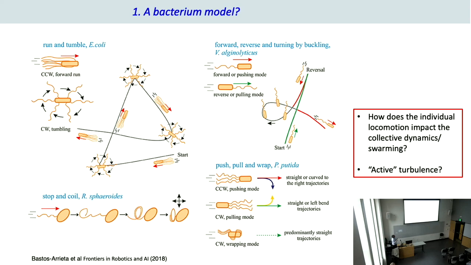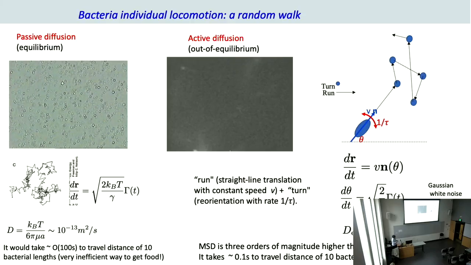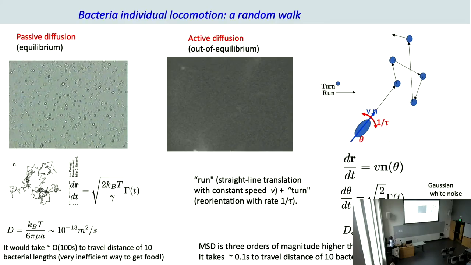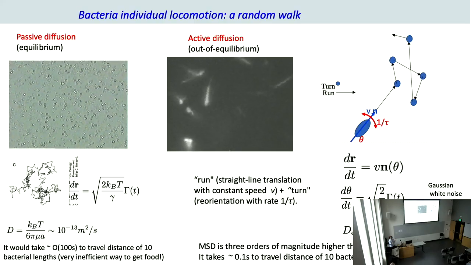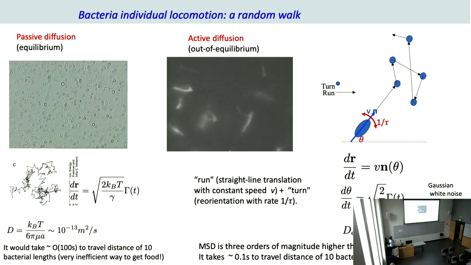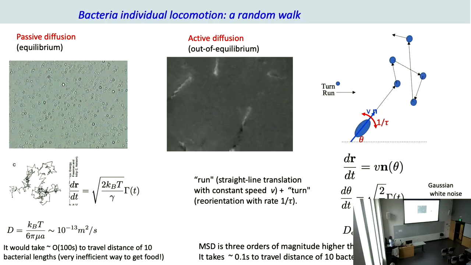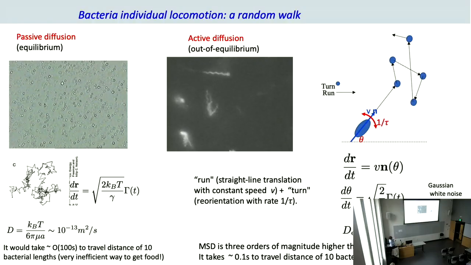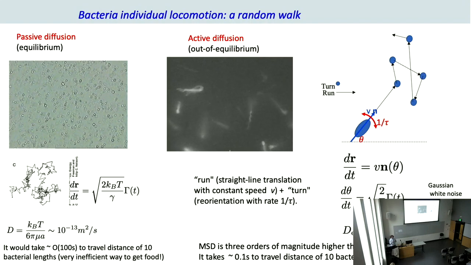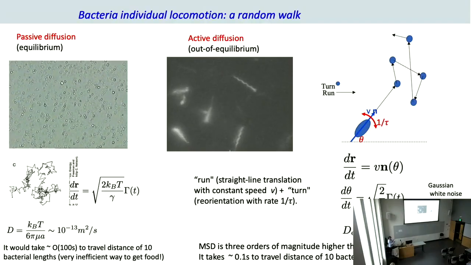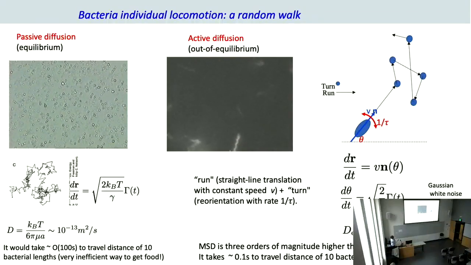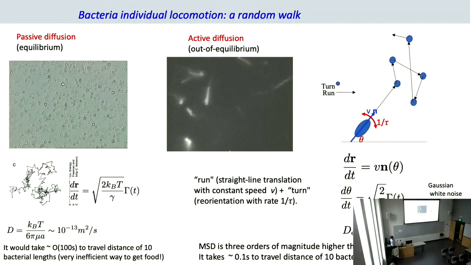And the second one is, can we do active turbulence? So what is run and tumble? It's just active diffusion. In normal thermal diffusion, you have these little particles agitated by thermal noise, and each one of them is diffusing, depending on the size. For a micron-sized bacterium-like particle, you have a very low diffusivity. So bacteria invented swimming in order to get to food faster, because otherwise they're going to die if they rely on plain diffusion. So they execute this run and tumble, and now you have this active Brownian particle.